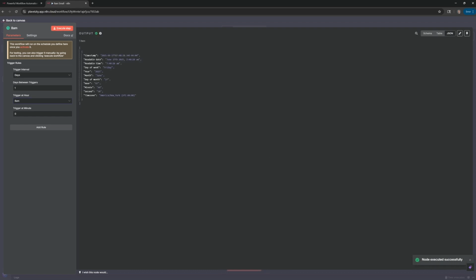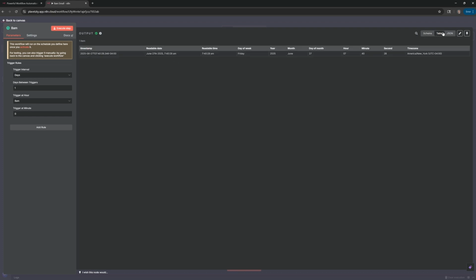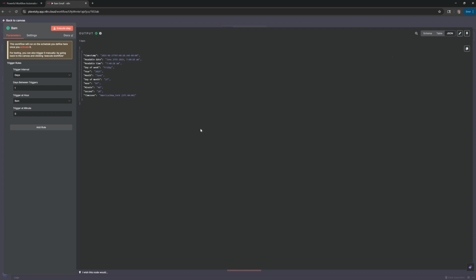And then we'll go into this output tab, which gives you what is called right now the JSON. Each one of these buttons gives you a different format or different view of the same information. So schema kind of breaks it into these kind of things. The table is a table and JSON. So it's all the same information, but broken down into different views. So depending on which way you like it, they all show the same thing.